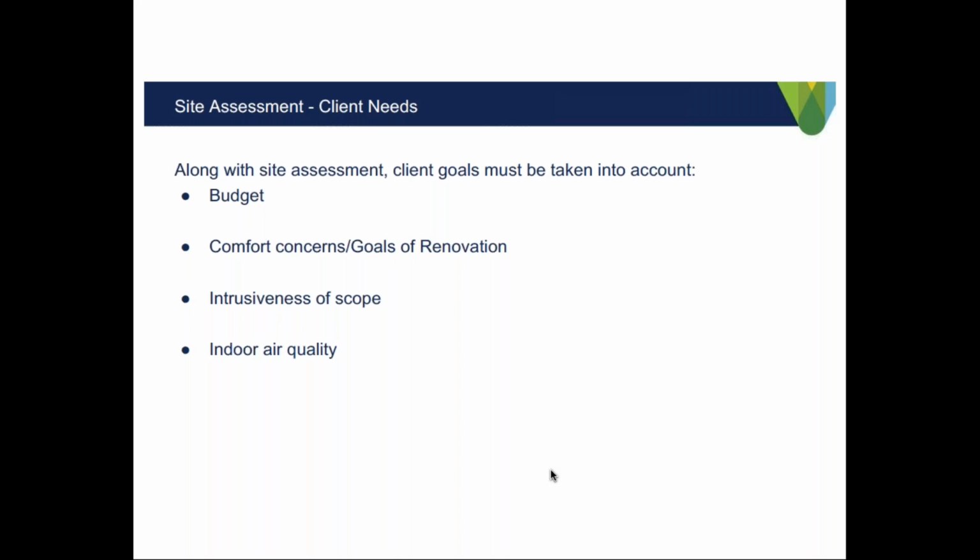And then intrusiveness. If somebody works from home during the day and wants to improve the performance of their home, but they can't interrupt their work schedule, then that can play into the scope as well. And then lastly, indoor air quality can play on scope if you have anything to...